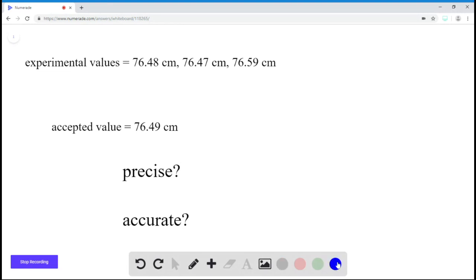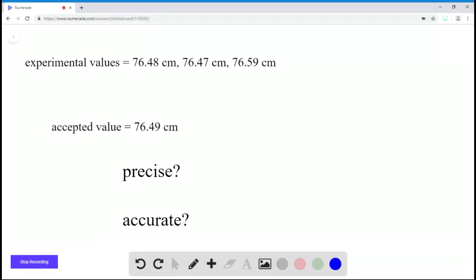So in terms of precision, if you remember, precision is how close your measured values are to each other. So you can look at these values and say you have 76.48, 76.47, and 76.59. These two values are pretty close to each other, but the 76.59 is not as precise. And if you calculate the error, so if you remember, error